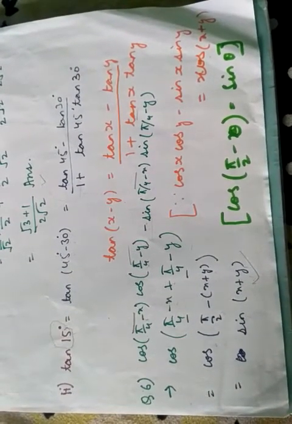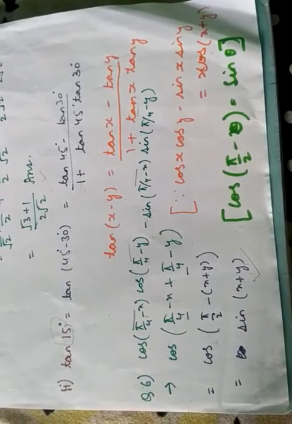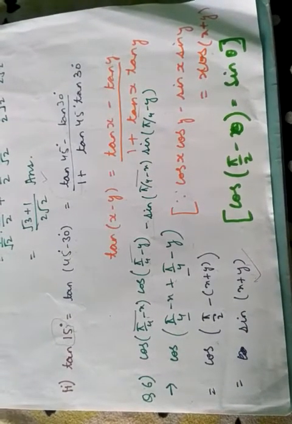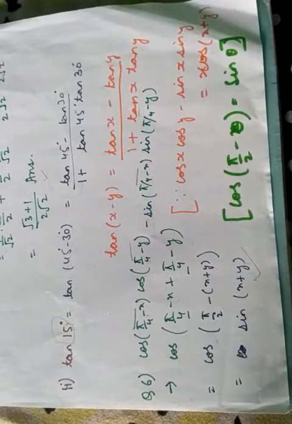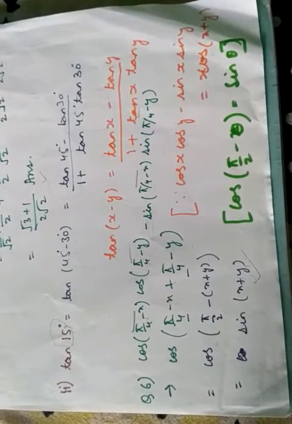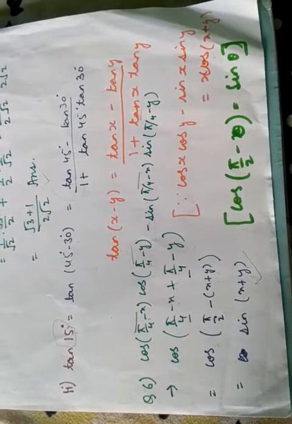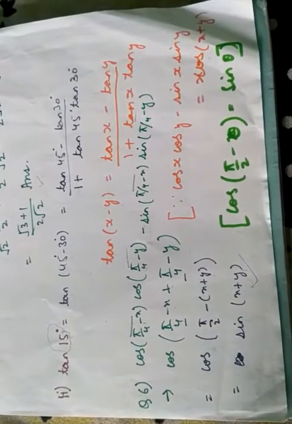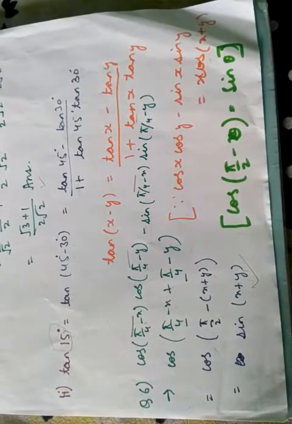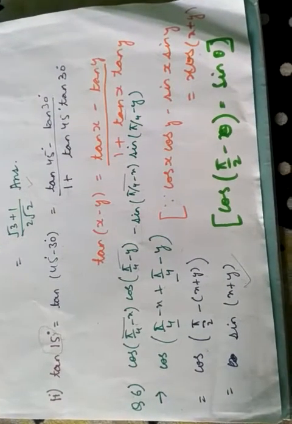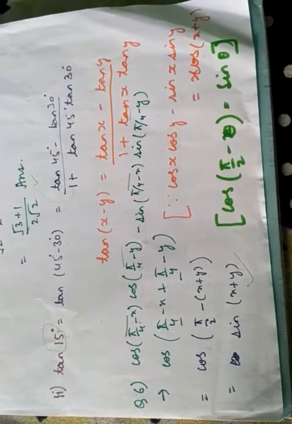We are studying chapter 3 from your book, that is trigonometric functions, and in this chapter we are studying exercise 3.3. Earlier we had solved the exercise up to question number 6. Then someone from you asked about question number 6 to explain it again. So in this lecture I will explain question number 6 again.